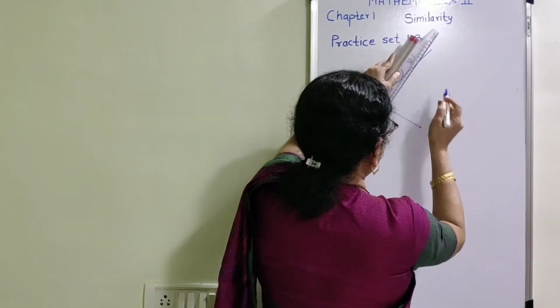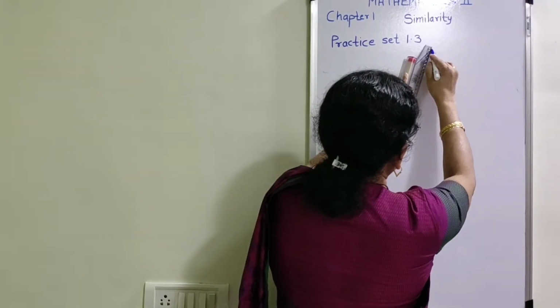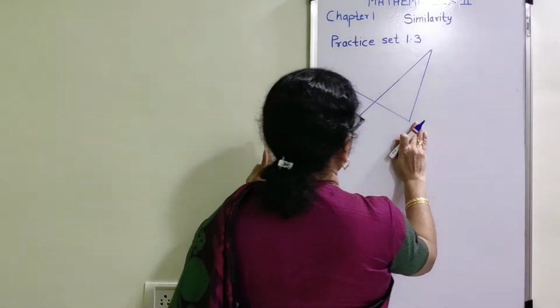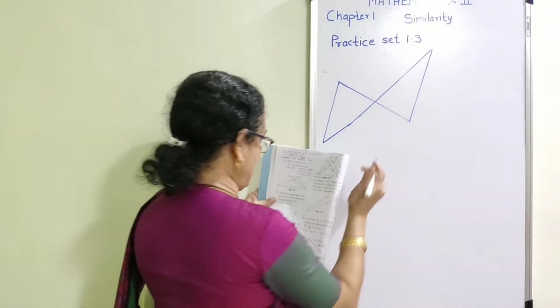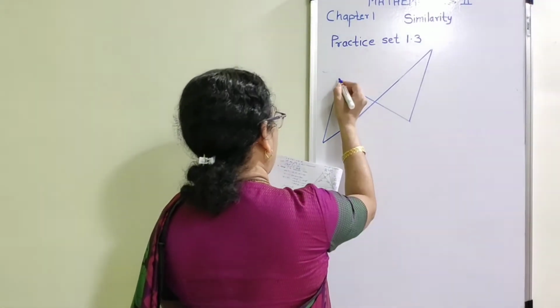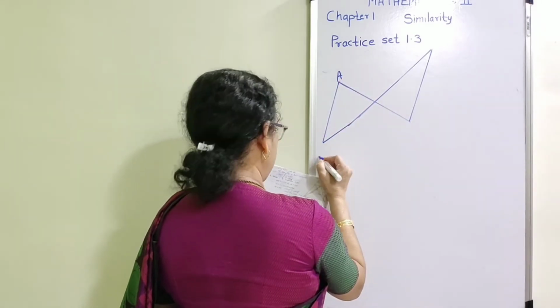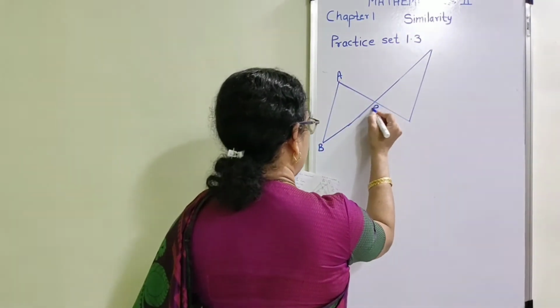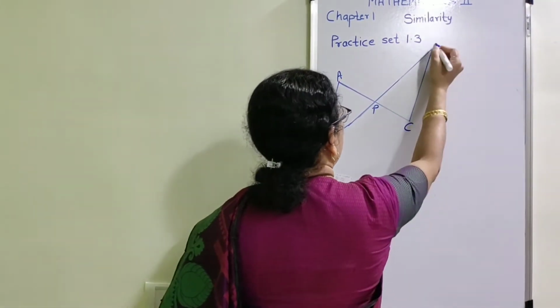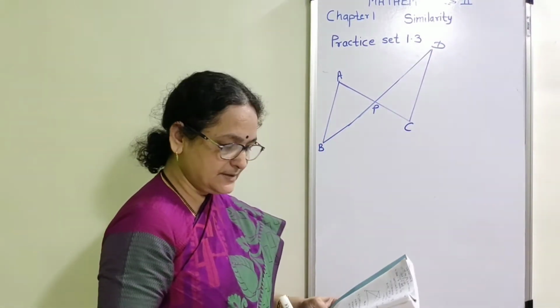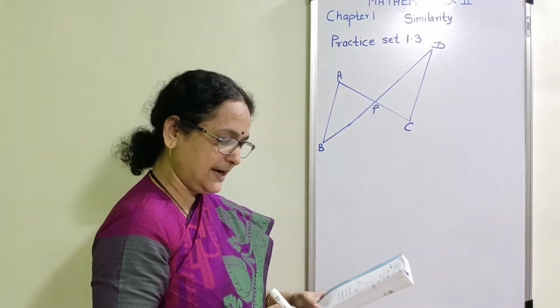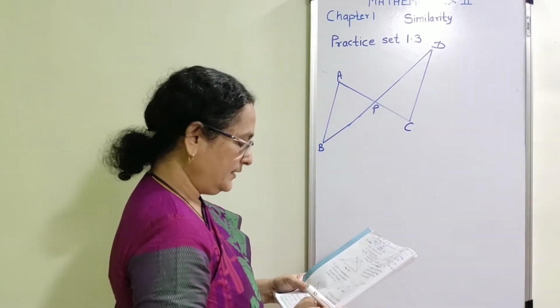When you draw the figure, draw the exact figure which is given in your textbook. Two triangles are given, two lines are intersecting each other, A, B, P, C and D. Observe the given figure. Segment AC and segment BD intersect each other at point P, and they have given